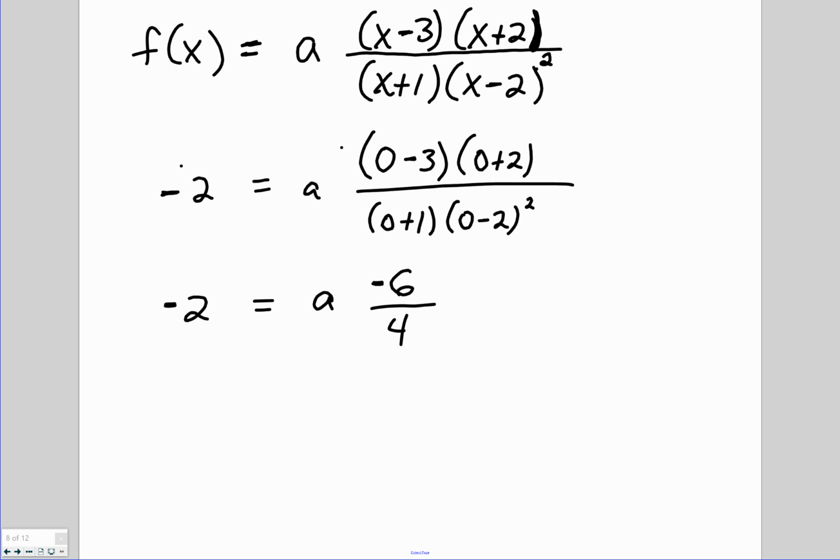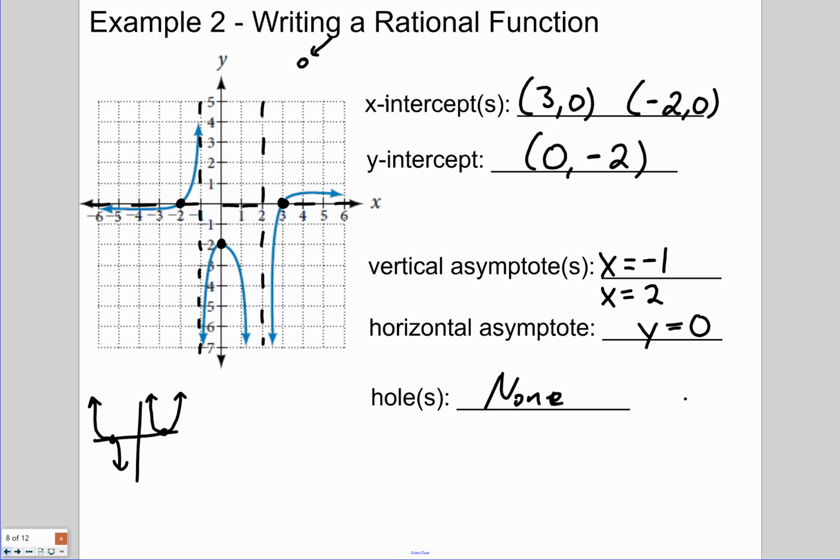How would I move that -6/4 to the other side? No, 4 over 6. That's called the reciprocal. Multiply by the reciprocal. So we have A equals, what's -4 times -2? +8. Very good, so 8/6. Let's reduce it. 4 over 3. So when I write my answer, I'm going to write f of x equals 4 times